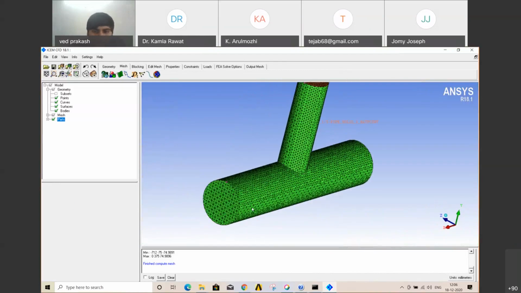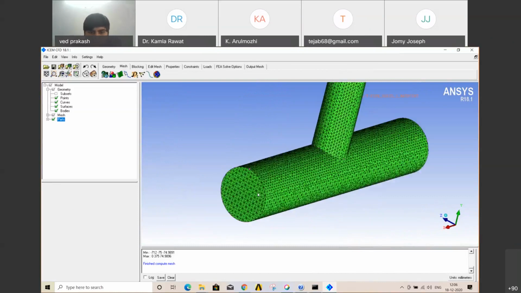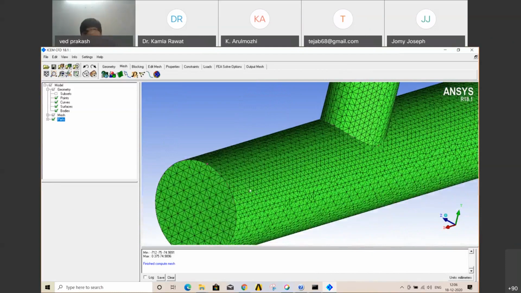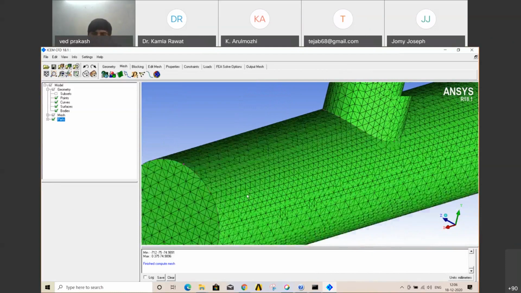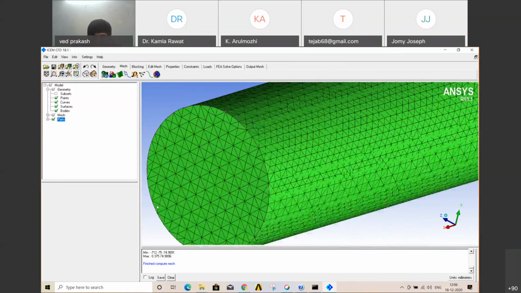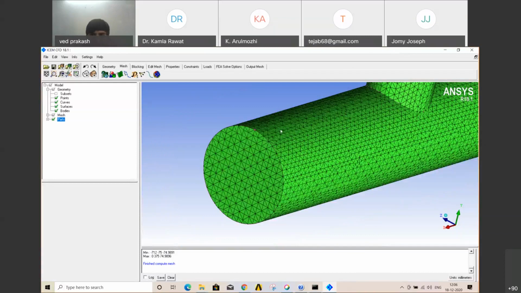Now, the same thing as what we did earlier in the case of structured meshing. We were not getting good quality, and we wanted inflation at the boundary, because we wanted to check the boundary layer effect near the boundary, so we have to provide some small elements near the boundary. So how do we do it here?